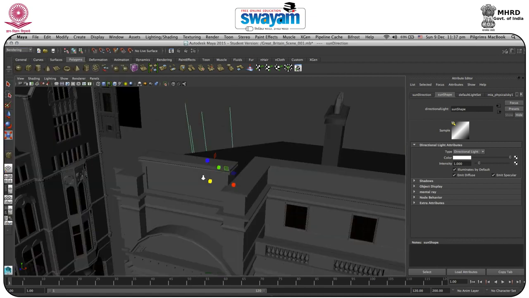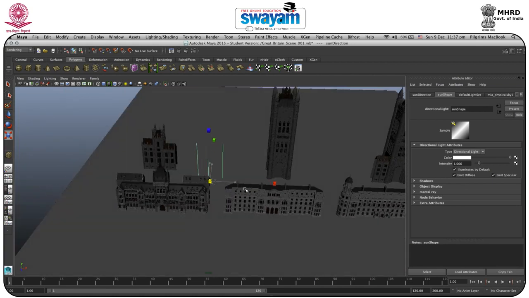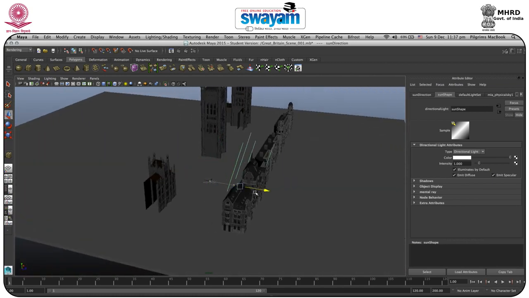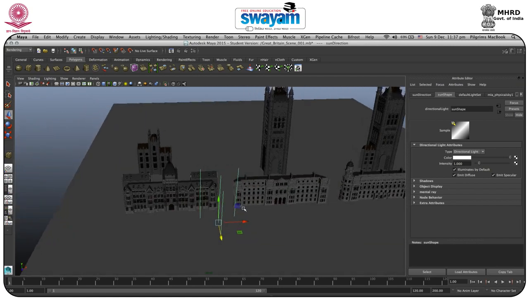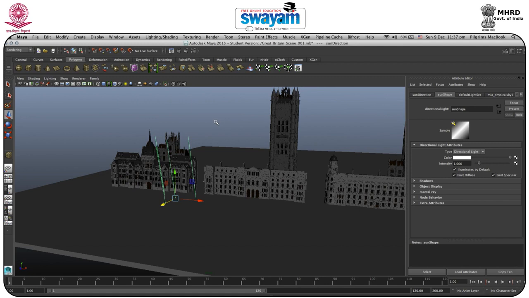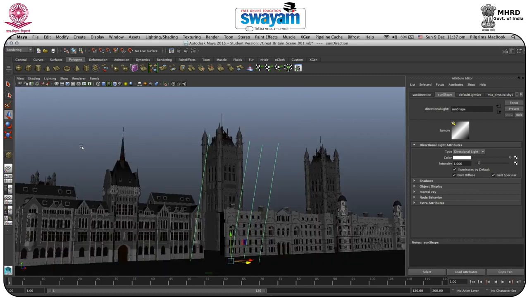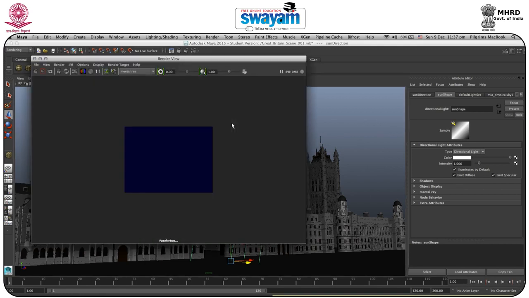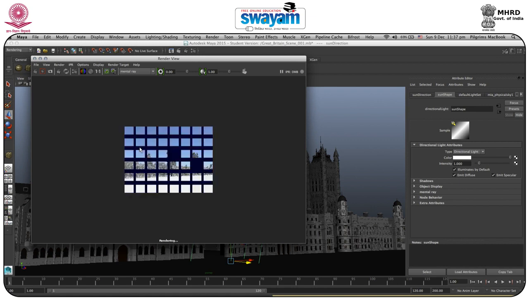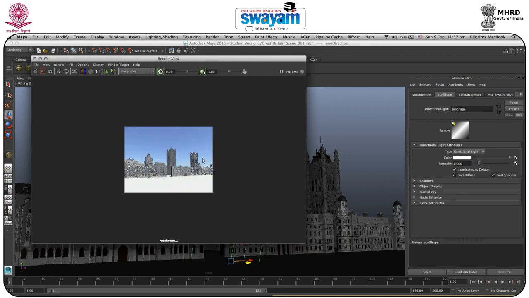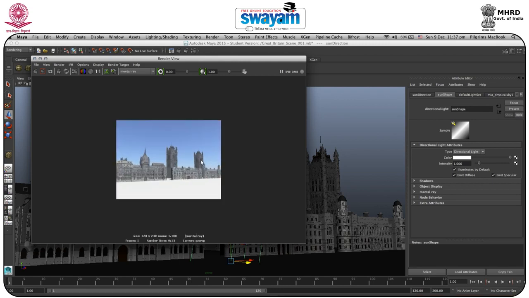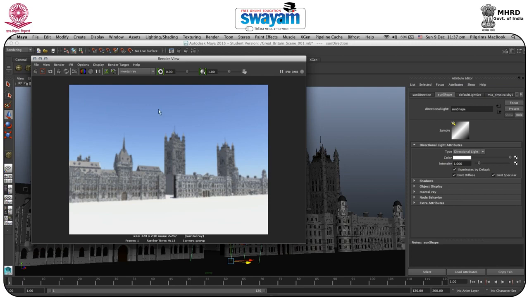Now as you can see, we have just increased the size of the directional light which has been formed by applying physical sun and sky. So if I render this, I will go to view, and here we have the bookmark view 1. You can also use a camera, but for the camera we have a separate tutorial, you can look at it. Okay, now I will just render the same data, and as you can see, the image size has decreased because we are at a very low quality image. So if I zoom in on this,